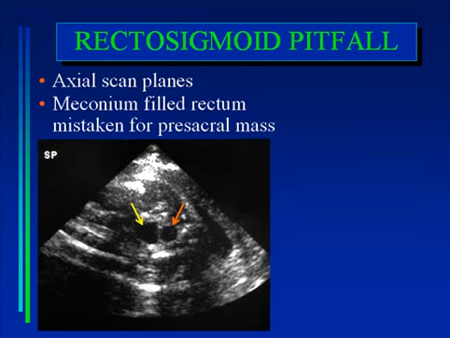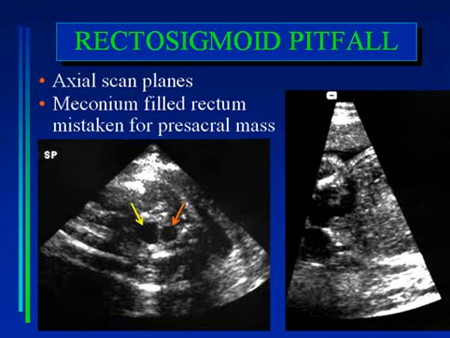When this happens, one should scan through both collections. You can confirm that the anterior one is bladder by seeing it empty or fill, or by seeing the umbilical arteries hugging the periphery of the bladder. And then scan through the posterior one in a different scan plane, get a longitudinal image of it, and you can confirm it's rectosigmoid by seeing its typical configuration rising out of the